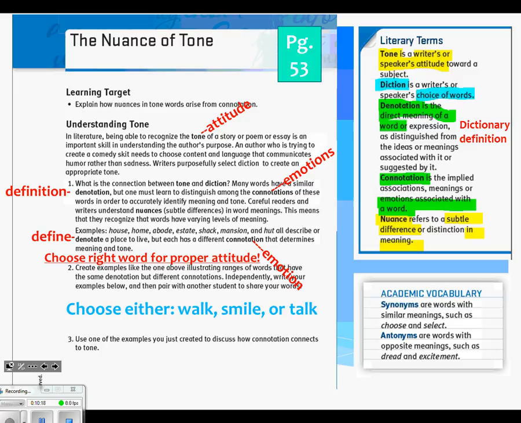These are really general terms, but there's variations of each one that help us understand a different tone. So the example that we did together of walk, if I wanted to show that a character is walking angrily, I might say that they stomp. If I want to show that a character is maybe menacing or malevolent, instead of smiling, they might smirk. If I want to show a character that's frightened when they're speaking, instead of saying they're talking, I might say that they are stuttering. So what I want you to do with the word that you chose, I want you to take about 30 seconds, write down as many variations of that word as you can, right? Take 30 seconds.